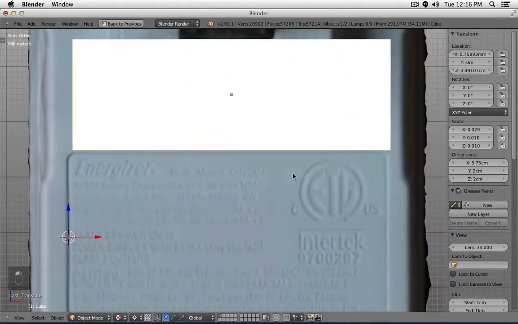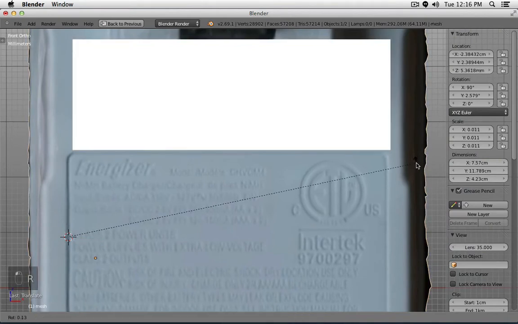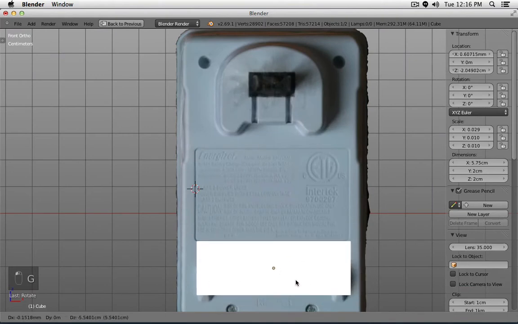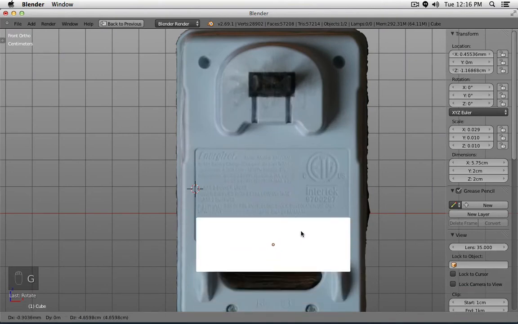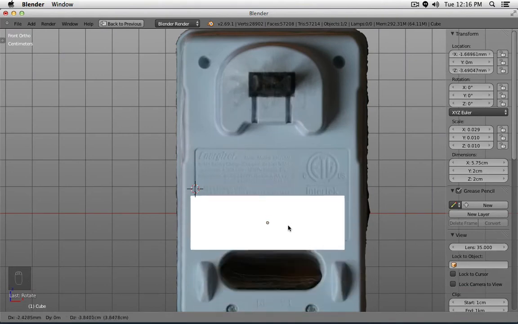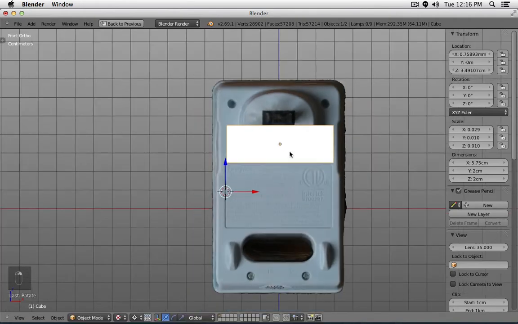Let's see. Now, yeah, this works pretty well. So that's actually the nice part about the OBJ one, because you do not only get